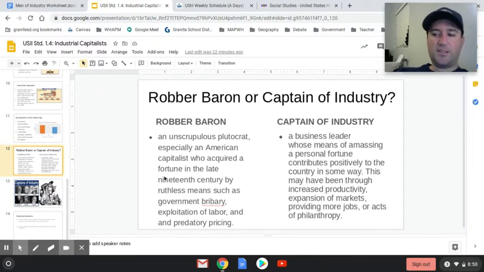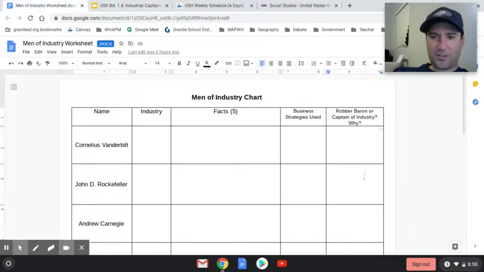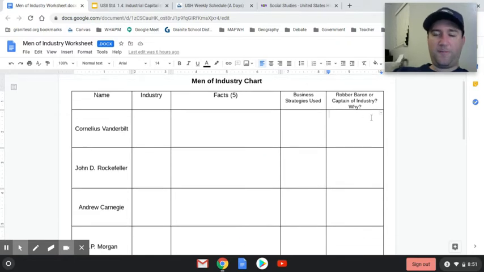Okay. And I can't stress this enough, there is no right answer, but what you must do is take a side and then give me reasons for why. For example, he's a captain of industry because he gave money to these organizations that help do these things. So you need to make an argument one way or the other. No fence sitting. Just think about it on balance: were they more robber baron or more captain of industry?